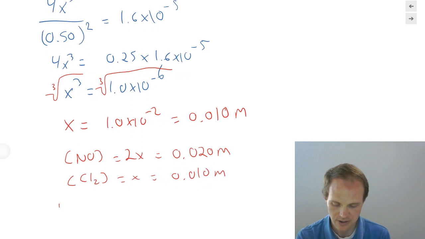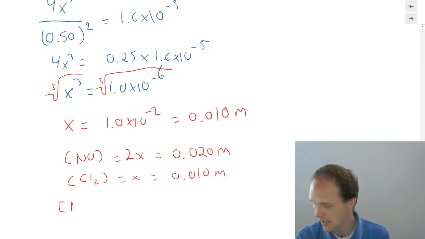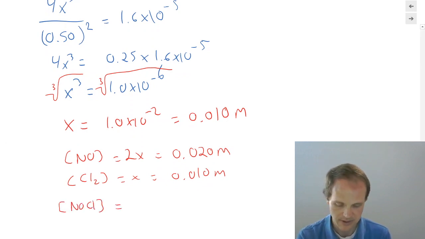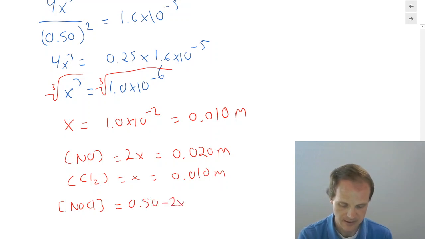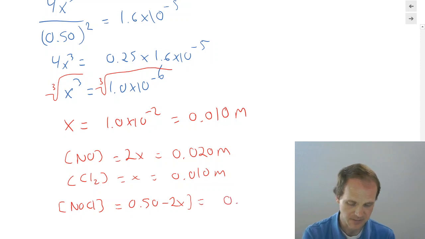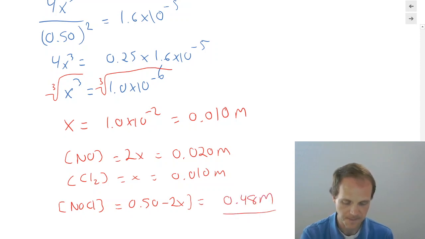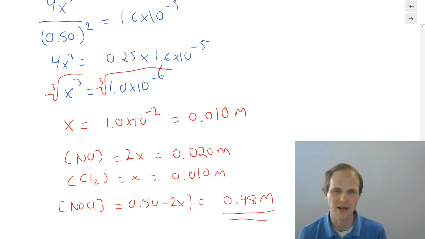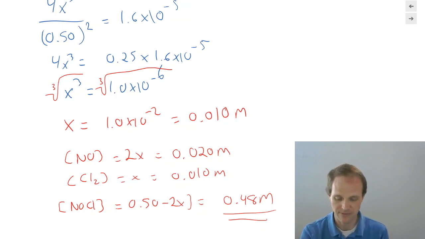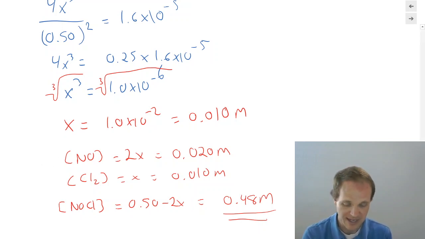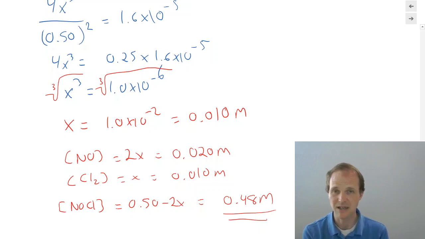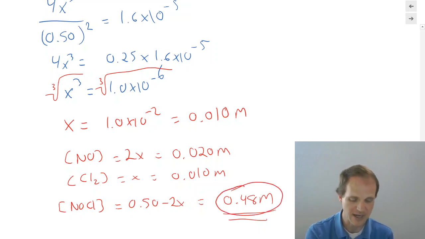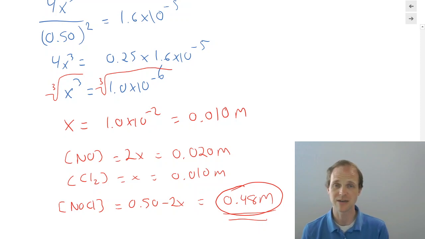And the concentration of NaCl was 0.50 minus 2x, which in this case is actually going to be 0.48 molar. Now, in my example I used above, I said, hey, if it's really, really small, 0.001, then it doesn't even affect the value of my thing, and I still get 0.5, right? So now it is, right? It's actually big enough that it's affecting my number, and I get 0.48 molar, not 0.5 molar like you said I would, Professor Clements.